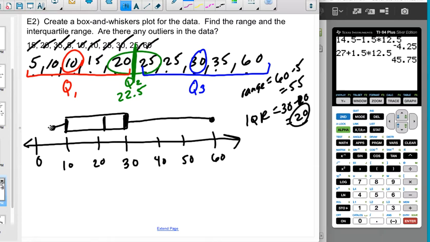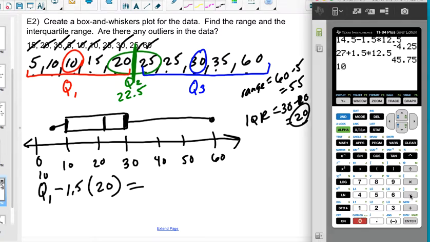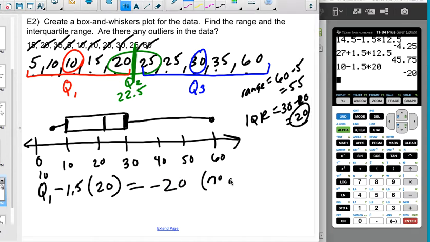Whether that whisker is long enough to actually be a mathematical outlier, well, that's the question, right? So on the bottom end, I can tell you right now we don't have an outlier because look how short that whisker is, but we can still check in case. So Q1, which was a 10, minus the 1.5 times 20, that's going to come out negative. So 10 minus 1.5 times 20 is a negative 20. So there's definitely no outlier on the min side. On the minimum end, there's no outlier because the smallest number is 5, and 5 is definitely bigger than negative